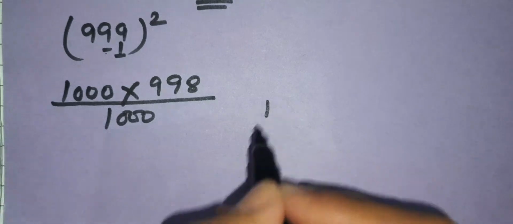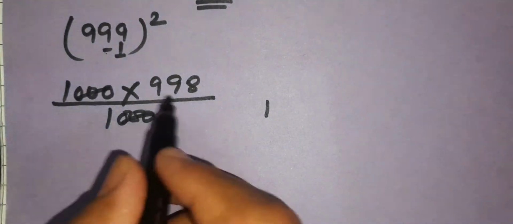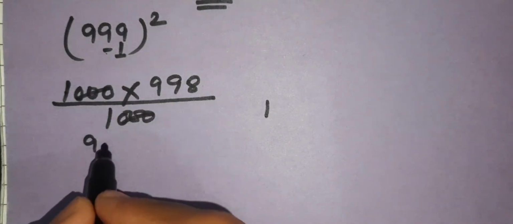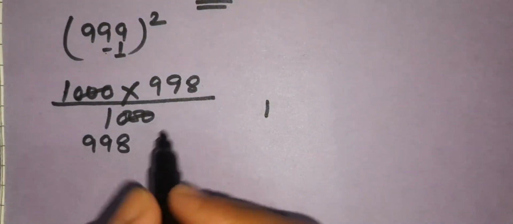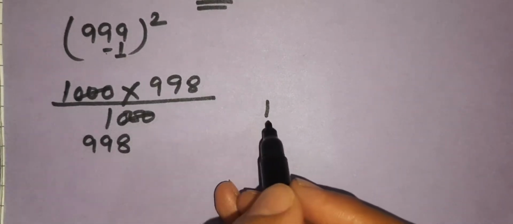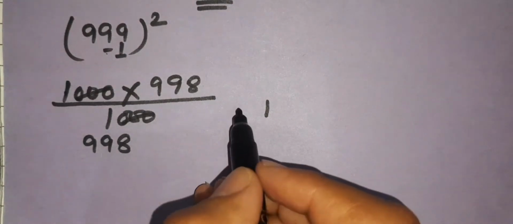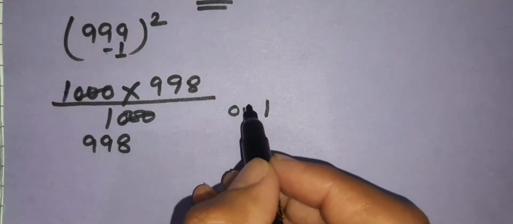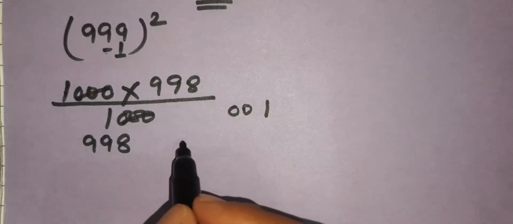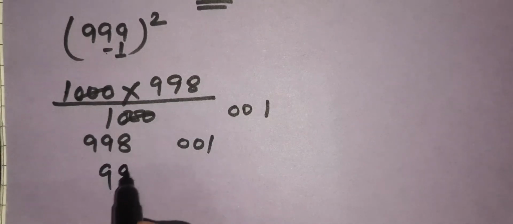That is 1. Now 3 zeros cancel out. We'll just write the product of this 1 into 998. So I just write 998. You can see we are using the 3 zeros here. So we have to use 3 digits here. But we have only a single digit 1. So we'll complete it by placing zeros. Now arrange this. We get.